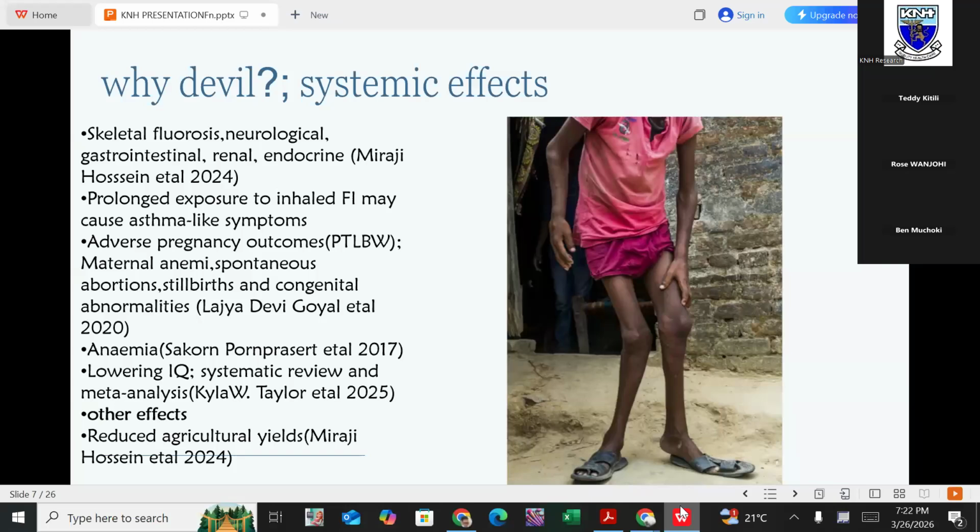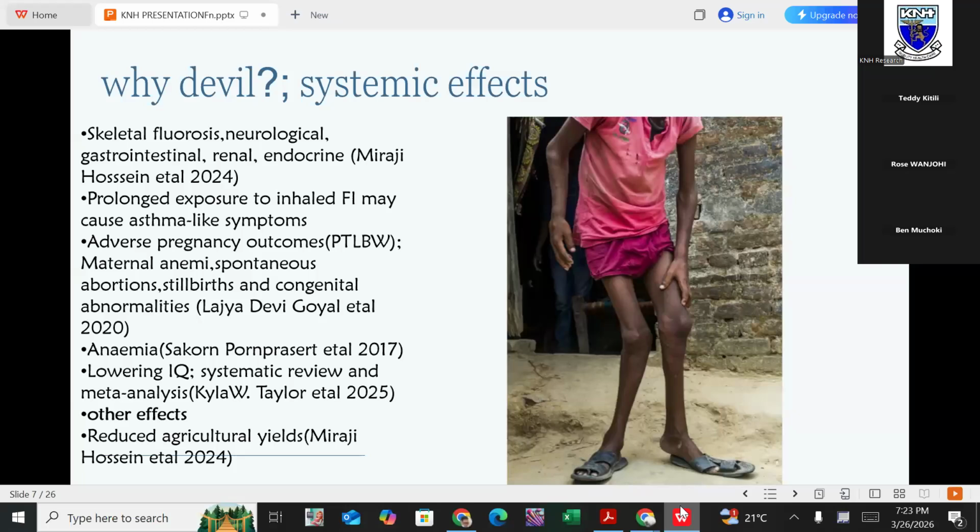For example, when a mother takes high fluoride, the fluoride goes through the placental barrier. So you'll have prenatal exposure, which has been associated with low IQ in children, and also neurodevelopmental delays. As for the renal, if you have high toxin, you can end up having some renal problems. Endocrine, I can give an example.